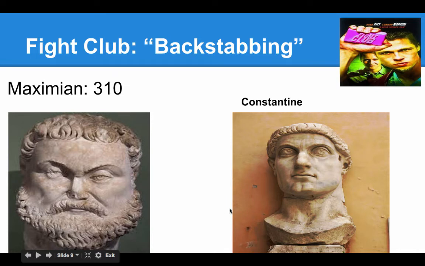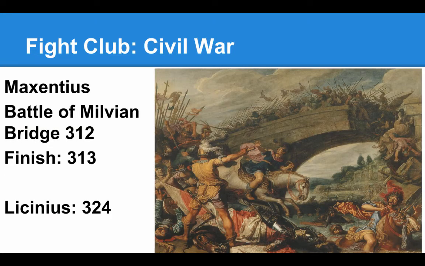In the year 310, Maximian revolts while Constantine was fighting barbarians again, because that's what you always have to do. And of course you know that. Constantine comes back, he crushes Maximian, and then makes Maximian commit suicide. Then we break out into a full-scale civil war where, with Maximian out, Maxentius realized that Constantine has got him on either side, and they actually go to war.